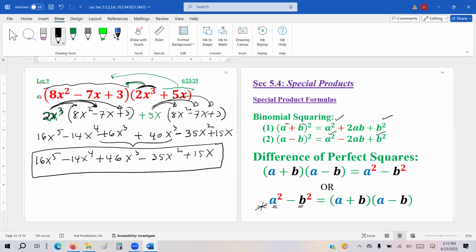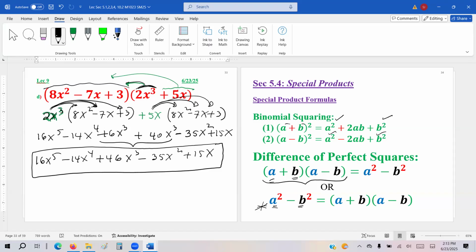So we call this factoring. When you factor a square minus b square, you get the sum of their bases times the difference of the bases: a plus b times a minus b. In other words, if you see a plus b times a minus b, the two terms are the exact same, just their signs are different in the middle. You don't have to use FOIL to multiply them. All you have to do is take the first term a, square that, minus, take the second term, square that.